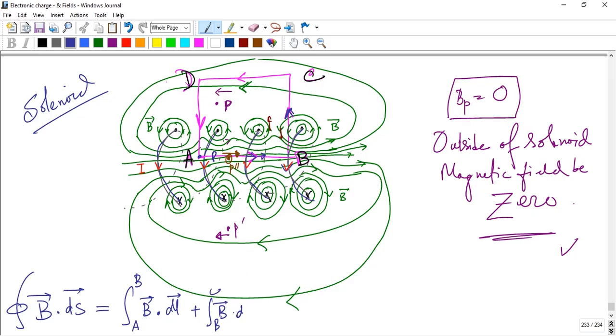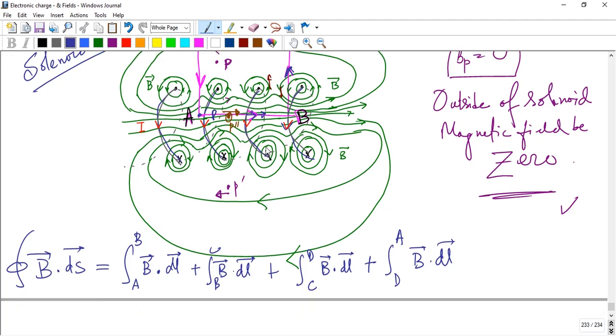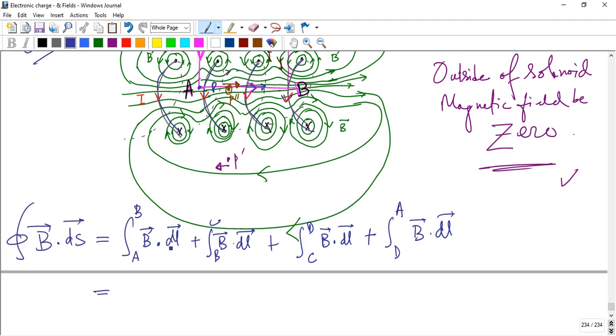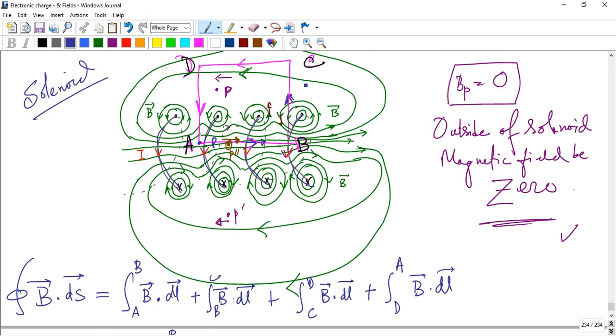B dot DL. Suppose we choose a square, and next C to D, B dot DL, plus D to A, B dot DL. From A to B, both B and DL are in the same direction, so cos 0 is 1. So A to B gives B times DL. Here B to C, L is upward and B is in that direction, so the angle is 90 degrees, cos 90 is 0,